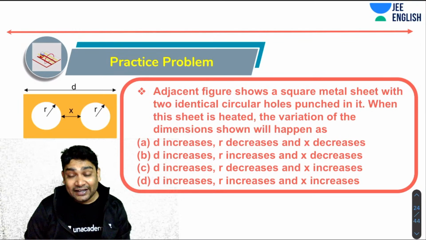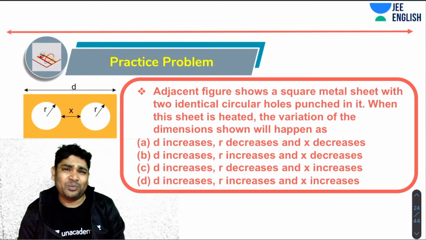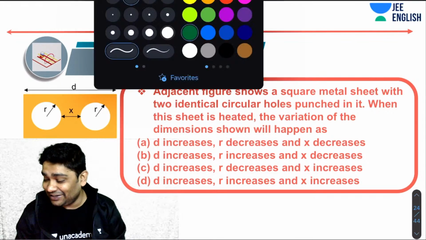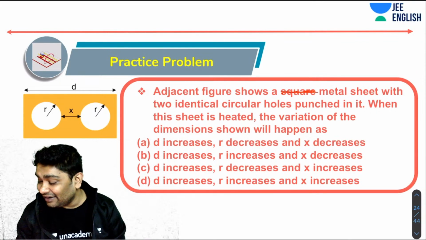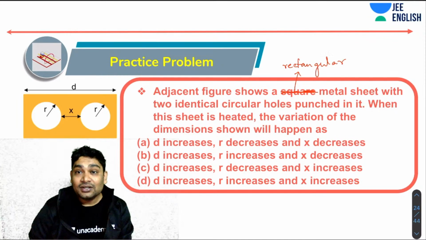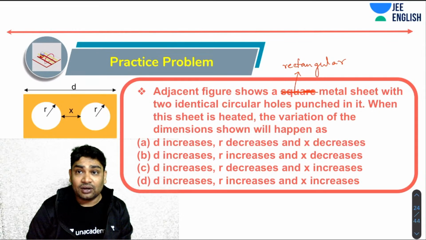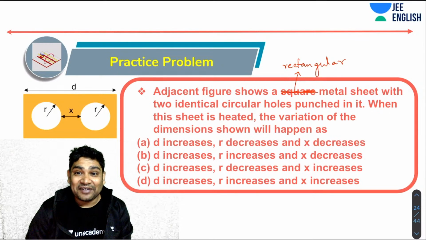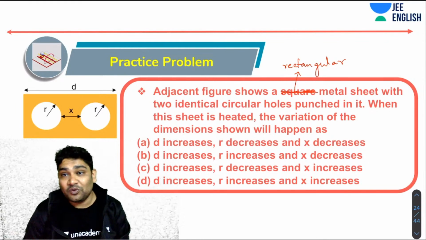So here is another very interesting question. It says the adjacent figure shows a square metal plate. Okay, so probably not square, maybe rectangular. This hardly looks like a square plate, so let's call this a rectangular metal plate. Doesn't really matter. So the adjacent figure shows a rectangular metal sheet with two adjacent circular holes punched into it. When the sheet is heated, the variation of the dimensions shown will happen as